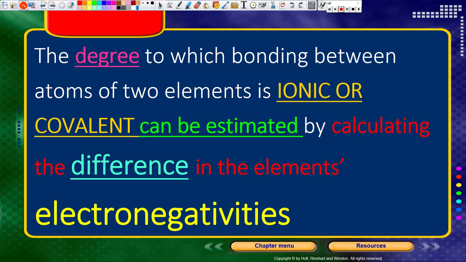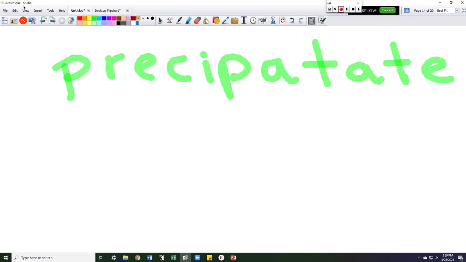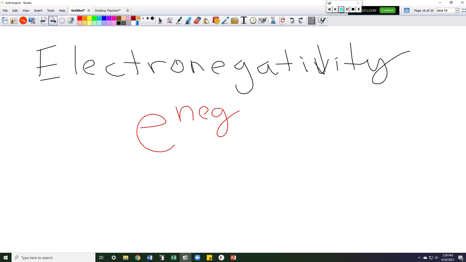Now, y'all know I'm a lazy teacher, right? You know I don't like writing big, ugly words like this, correct? So let me show you the acronym, and I want you to write this out beside it. This right here is the abbreviation for electronegativity. You will never, ever see me write that word out all by itself. So if you see me write ENEG, I am referring to electronegativity. Now, I got to be honest, I don't know where that came from, if I made that up, or if I saw it in a book somewhere. So that may just be a me thing. So if you hear me talk about ENEG or electronegativity, that's what it is.